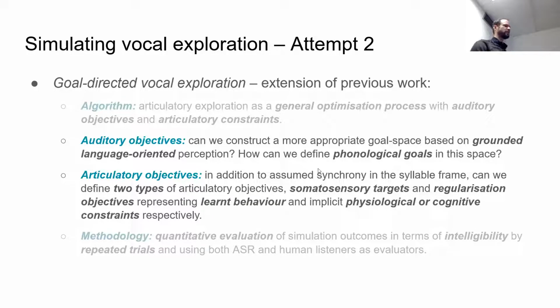So we're interested in separating articulatory objectives because we have quite an abstract optimization process. We separate our objectives conceptually into what can be seen as some of the sensory targets for the agent. So the agent can sense, let's say, closure or an opening of the oral tract. And so those are kind of conscious targets that the agent has learned at some point prior. And regularization objectives could be learned prior behavior of lower level abilities, articulatory control, or physiological or cognitive constraints. So, for instance, the fact that it's not possible to coordinate too many degrees of freedom in terms of articulation. So you assume some